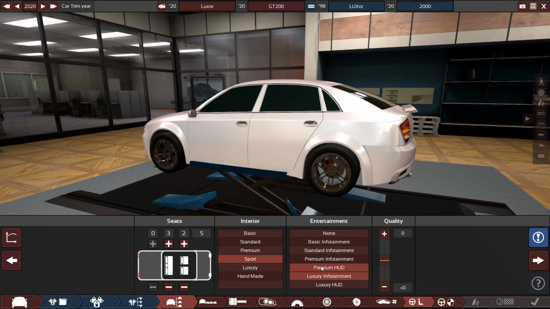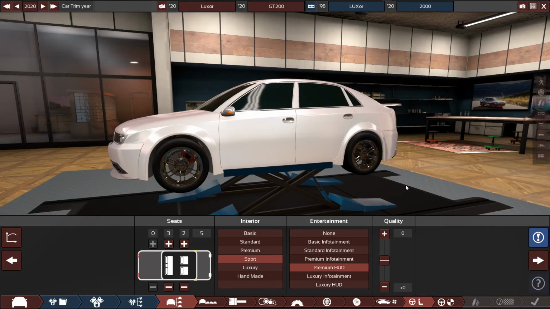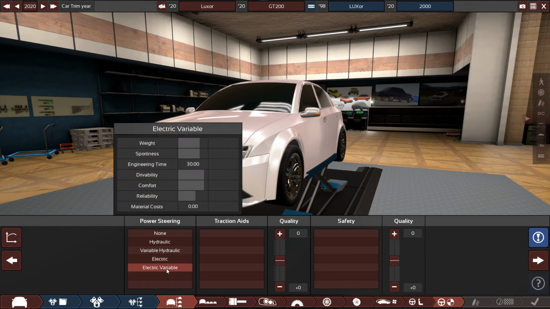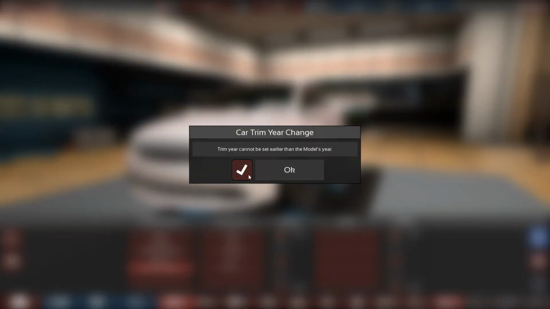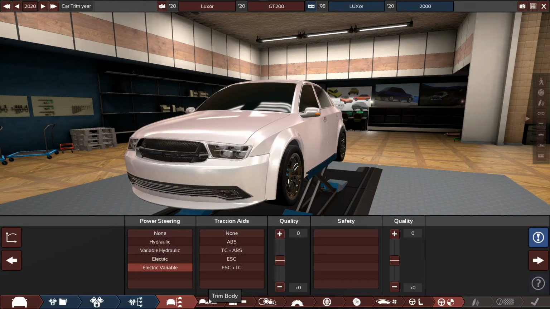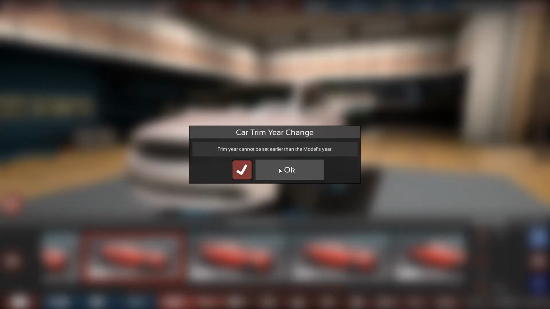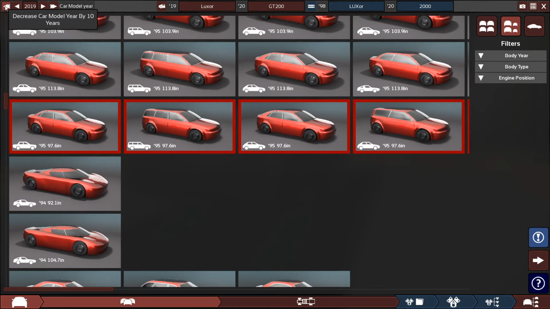Could go down to sport here and then run... Yeah, this is the sport model, let's face it. This is the sport model. Electric variable. Ooh, that's... Oh, I guess the... Really? I could have swore I changed the body. Oh, I suppose. Okay. So because of when I changed it here...